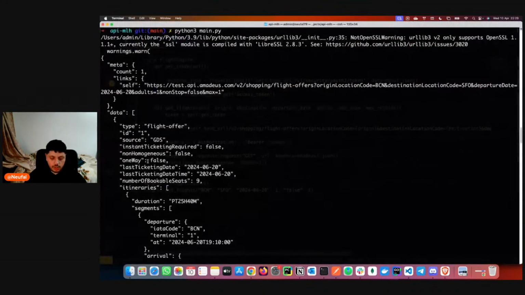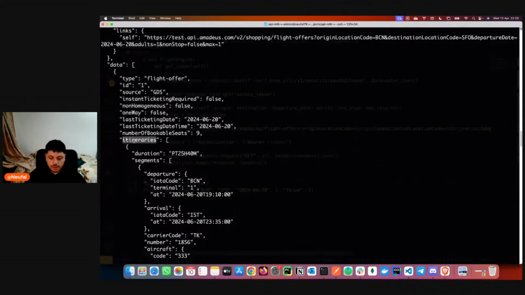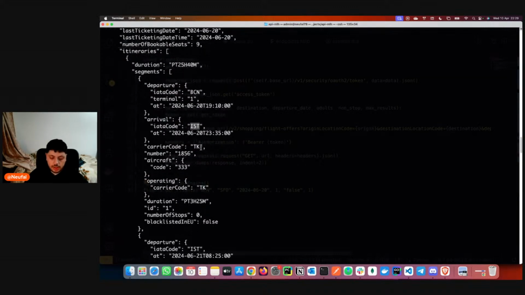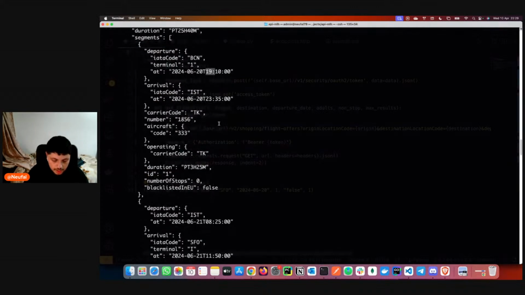So this is what we got here. So basically, itineraries are like the flights or the searches that we search for. Arrival, okay, so this is with the stop. So we're going first from Barcelona to Istanbul. We're going to arrive at 11:35 p.m. with a departure at 7 p.m. And the carrier code is TK.